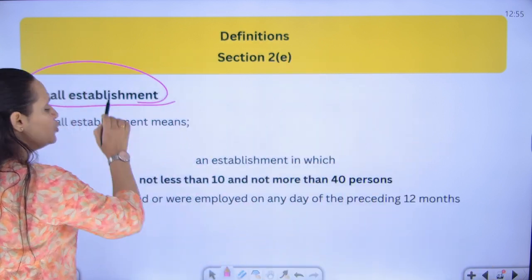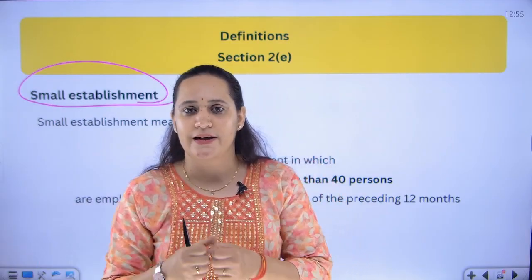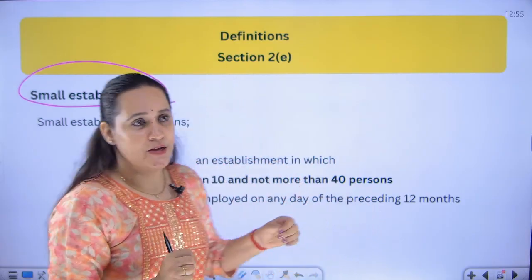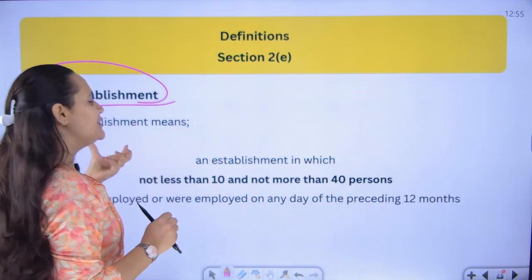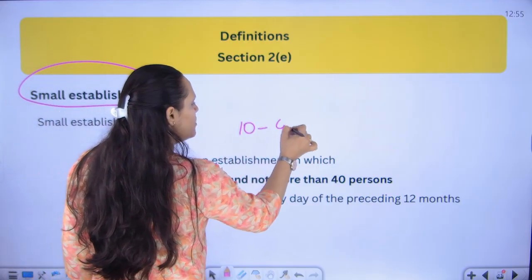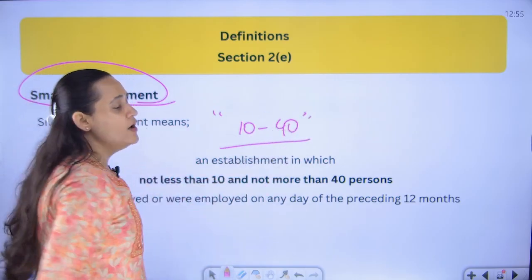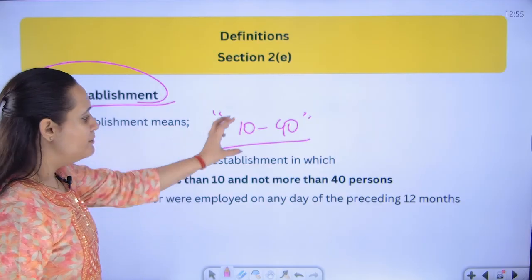Next, like I told you, you can claim exemption under this enactment only if you have a limited number of workmen. That is, if you come under the category of small establishment or very small establishment. So what is the definition for small and very small establishment? Small establishment is an establishment where you have not less than 10 but not more than 40 workmen. Then you come under the category of a small establishment and you can get an exemption,